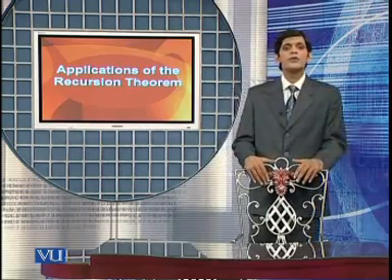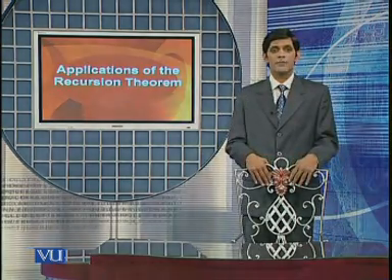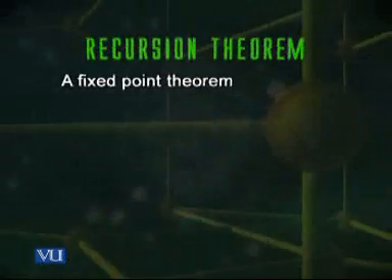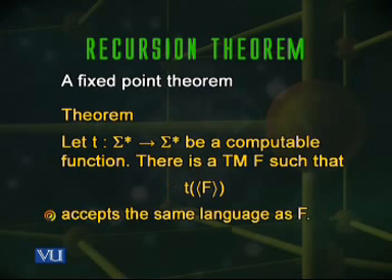Next, what we want to do is prove a fixed point theorem using the recursion theorem. Let's look at the statement of this fixed point theorem. This theorem says that let T be a computable function from sigma star to sigma star. So, some Turing machine can compute this function little t. Then there is a Turing machine F, which is what we say is the fixed point. There is a Turing machine F such that T, when applied to the description of F, accepts the same language